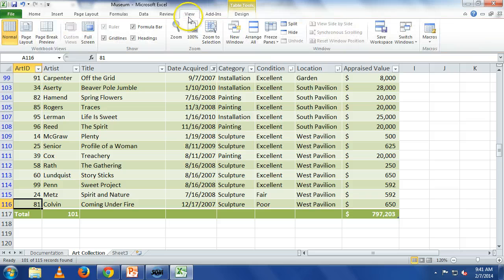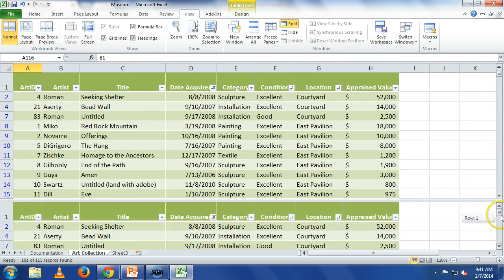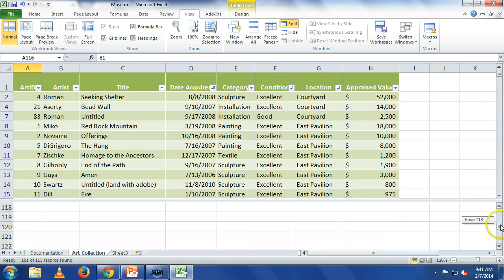That doesn't matter, but let's go there. And let's go to View. We already did freeze panes, and I'll show you some other things later. But we can also do split. You see that split up there in that group? If I do split, it doesn't look like much has happened, but it has split my interface and made two vertical windows. If you notice on the right-hand side, I have scrollers for both of those windows. So the data is just a view into it. So if I want to always be at the bottom down here,